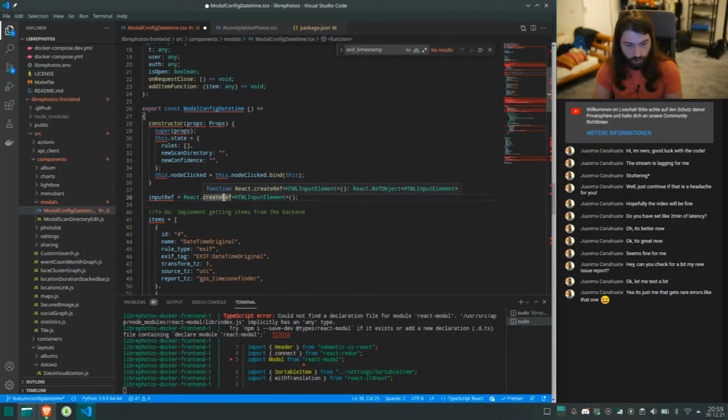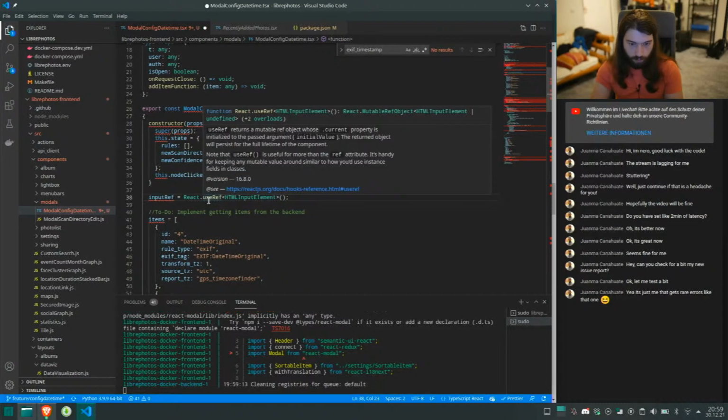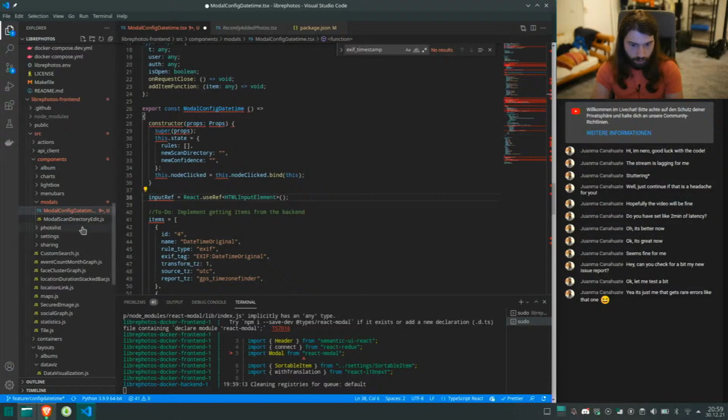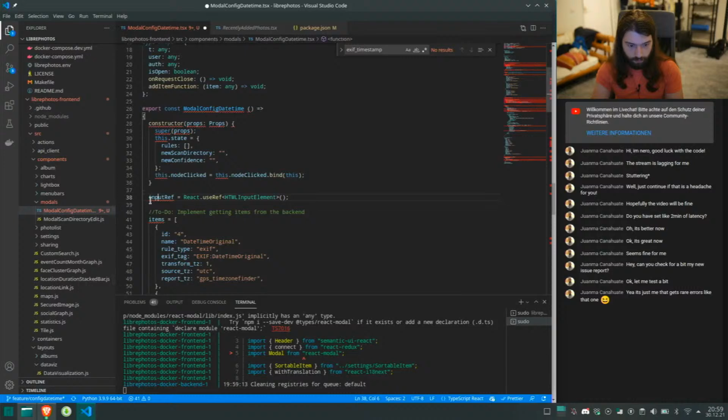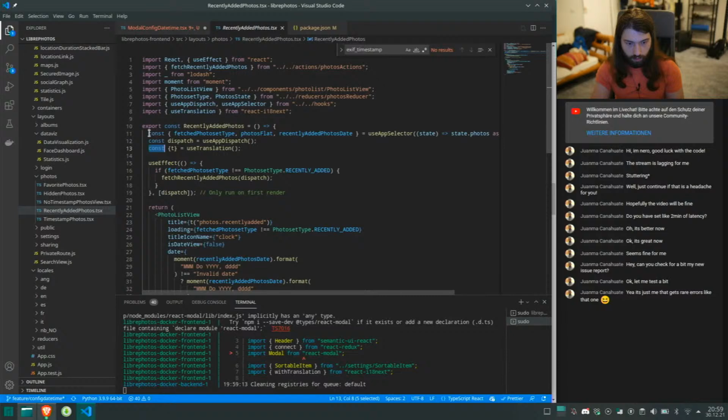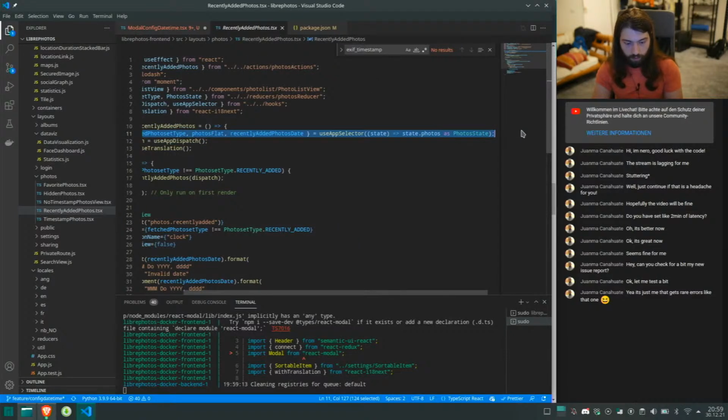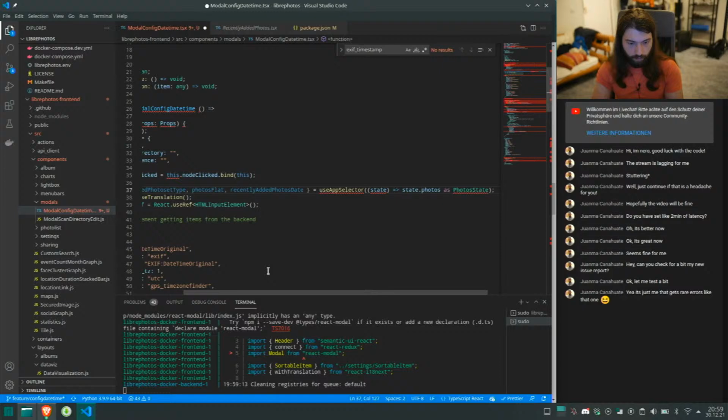that was not create ref, but now I think it's use ref. Yeah. And then we have to use a const. Alright, then const t equals use translation. And then we have an app selector which gets us